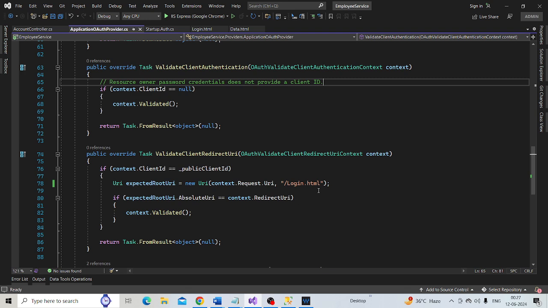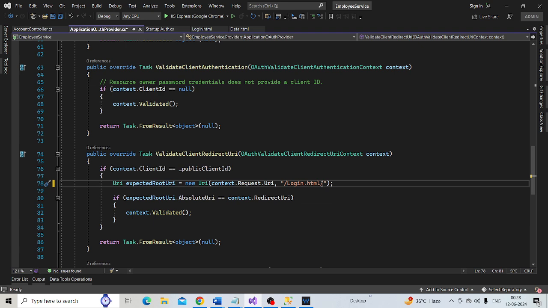So there are two ways to fix this error. One way is to include a forward slash here. The other way is to remove the forward slash from here.